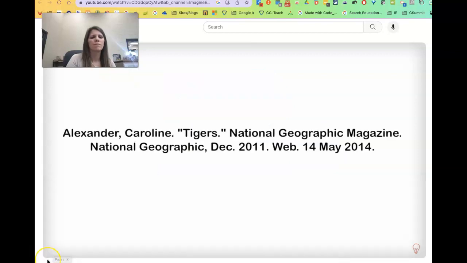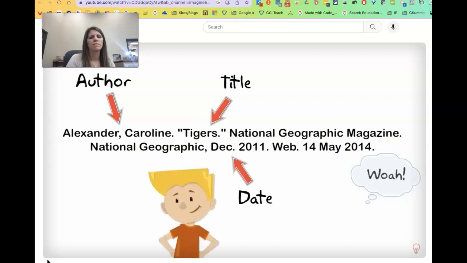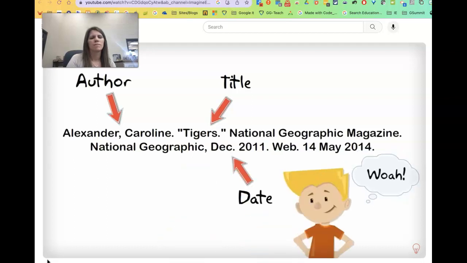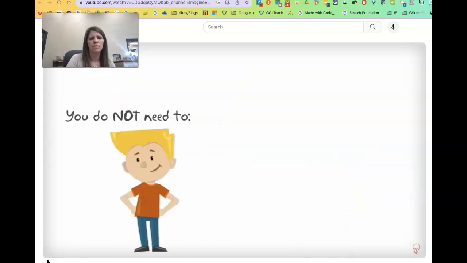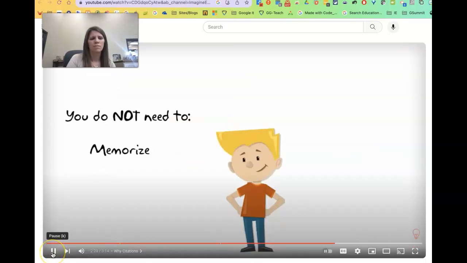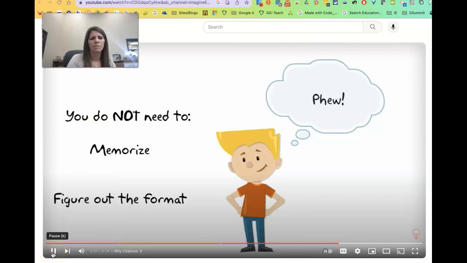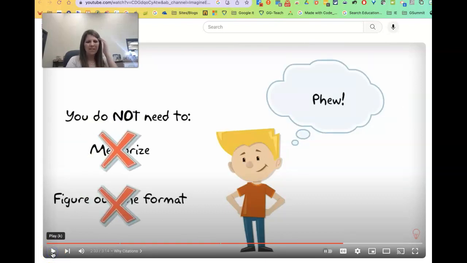Here's how a citation would look for a website that I found on Tigers. You can see the author, title, the date the information was added to the website, and other pieces of information. Looks a little weird, right? Well, the good news is that you don't need to memorize or figure out how to place the information in this special format. All right, so there's a little review, and like I said, now we're going to work through